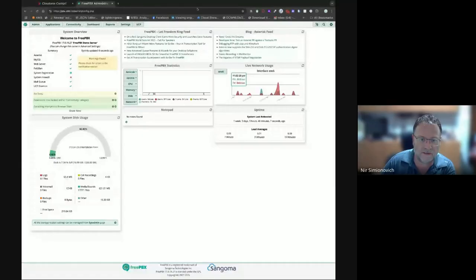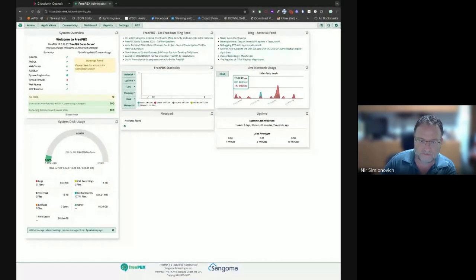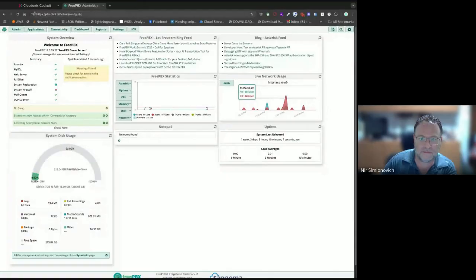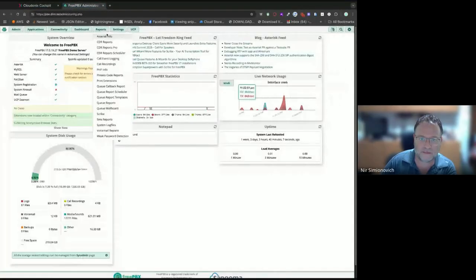For this, I already created a PBX system specifically for this case, and it's already connected to Cloudonix. You can see here, this is my PBX system.